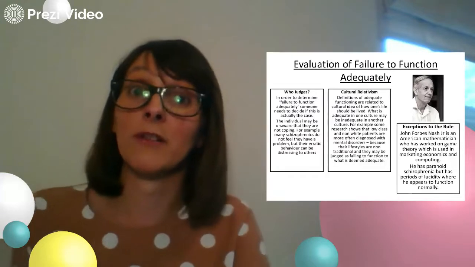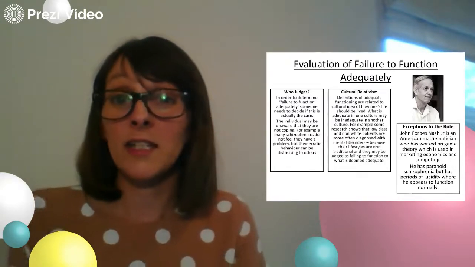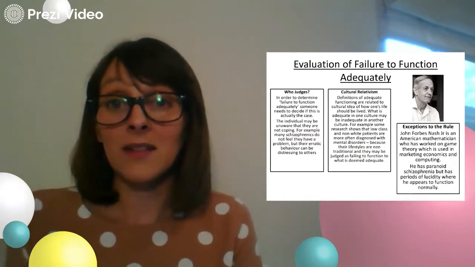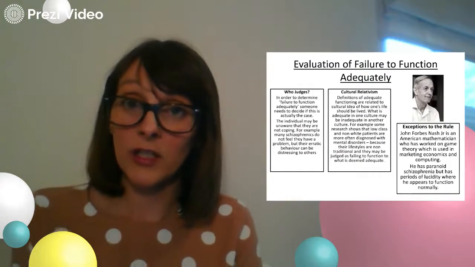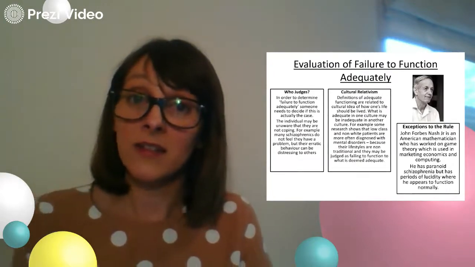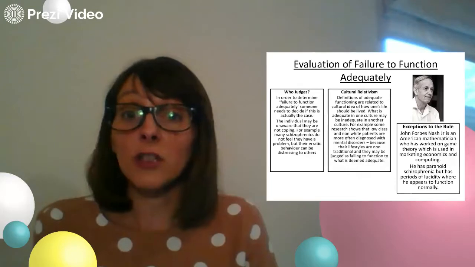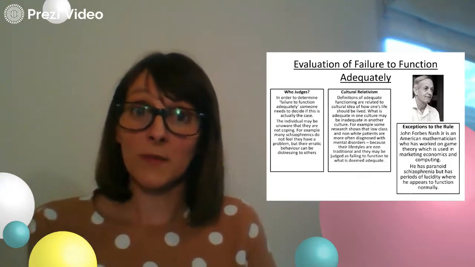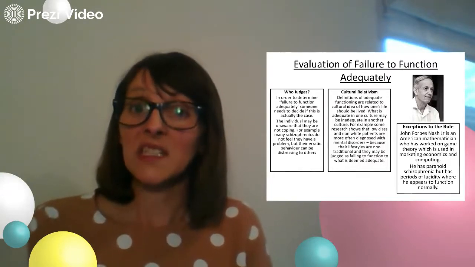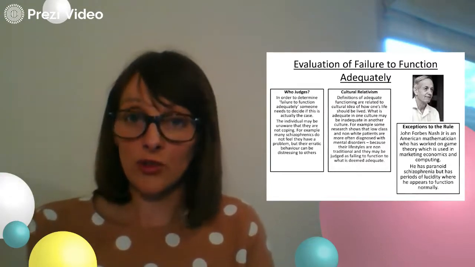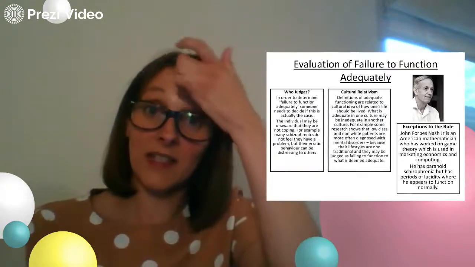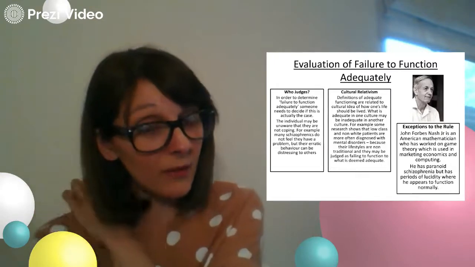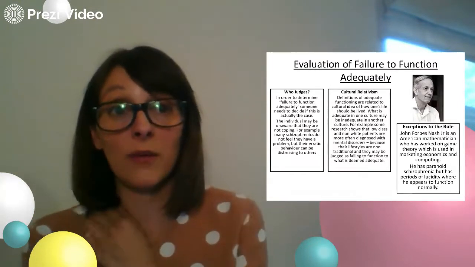When we're talking about cultural background as well, it doesn't just have to be different places in the world, it can also be within a culture. So lower class individuals have a very different culture to people of a higher class. So often lower class people are more likely to be diagnosed with schizophrenia because it's upper class people who are deciding what is adequate, and these upper class people are judging the lower class people based on what they see as adequacy.